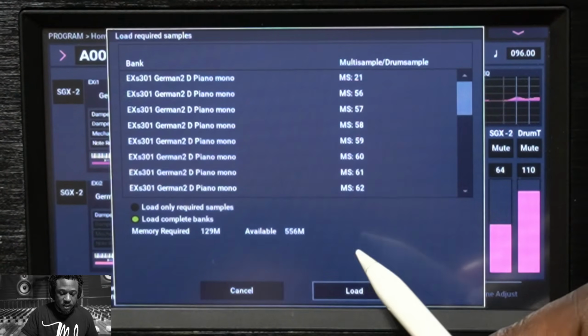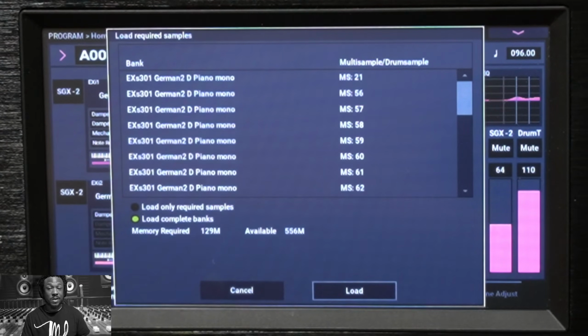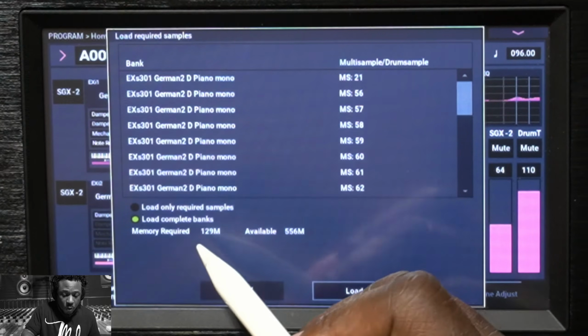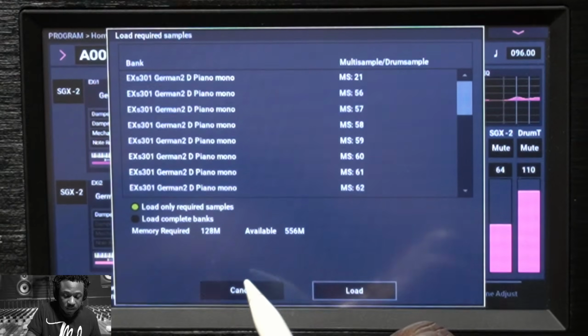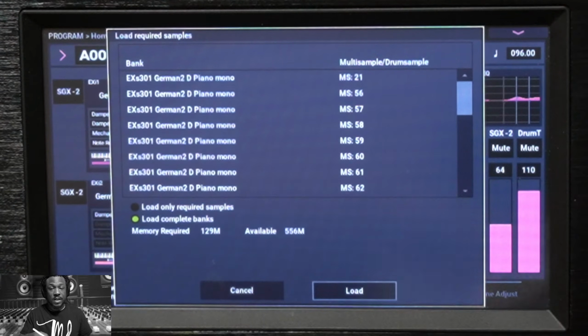And then you're just going to push. You can go to load only the required samples, which would only load the required samples for the specific program or combination that you're on at that specific time. Or you can load the complete bank, which would load everything in that bank, all the samples that were in that bank. So remember we went to unload all in bank? Well, this would load all the sounds back in the bank, as opposed to just the sounds for that one